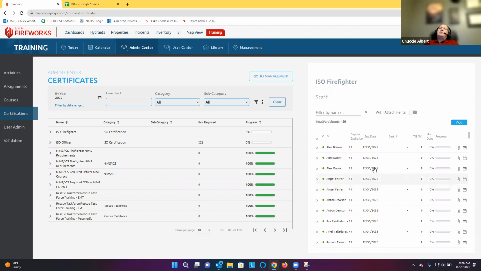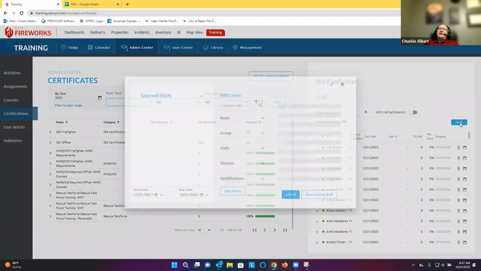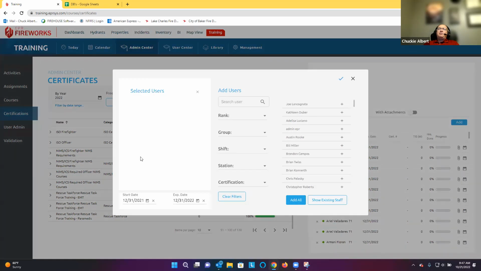Possibly so, but someone had to add these people into the certification. Someone had to come in here, click add, grab a list of people, put the dates in and add them. Yeah. That's where I'm thinking somebody,